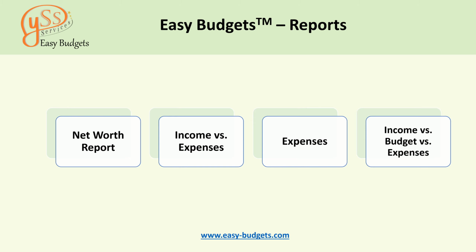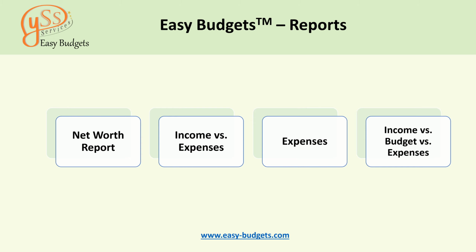The income versus expenses report will furnish information on what income you received and what you spent, broken down by categories and subcategories. You can pull the report for the time period that you want and for the account that you want. Expenses will give you information on the amount of money that you have spent on category and subcategory of items. You can pull the report for the timeline that you want to see, and you can pull it based on the accounts as well.